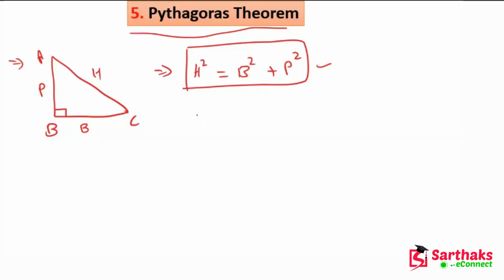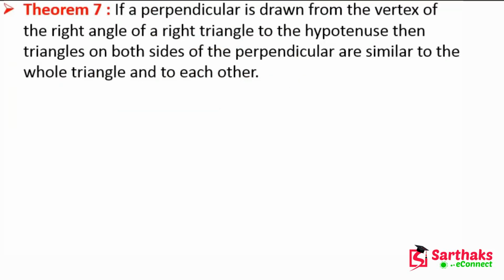So now in this lecture we are going to prove this relation, that hypotenuse square is equal to base square plus perpendicular square. Okay, so now let's go on. Yes, so theorem number 7 is that